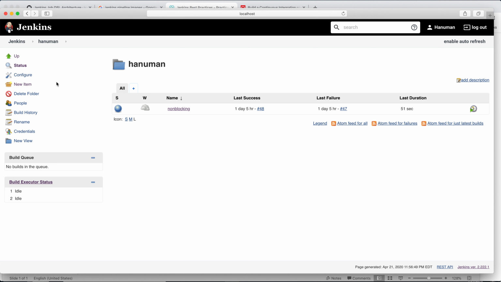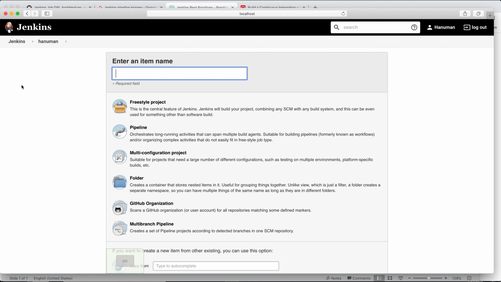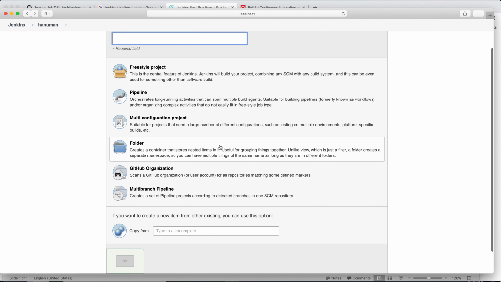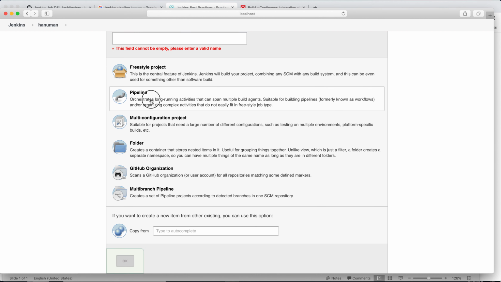You need to click on New Item. Then different project styles will come up. I could select the freestyle project, and we need to give some name.